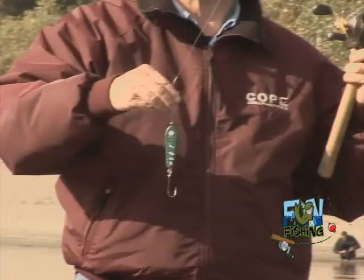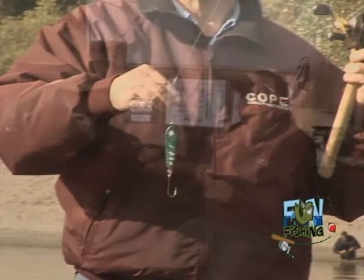And so you can make your own, or you can buy them, just cast lead, and you can paint these any color you want. One of your most successful ones is a real dark green, isn't it? Correct. Actually, as you get into colors, we didn't really get into a whole lot of colors, but